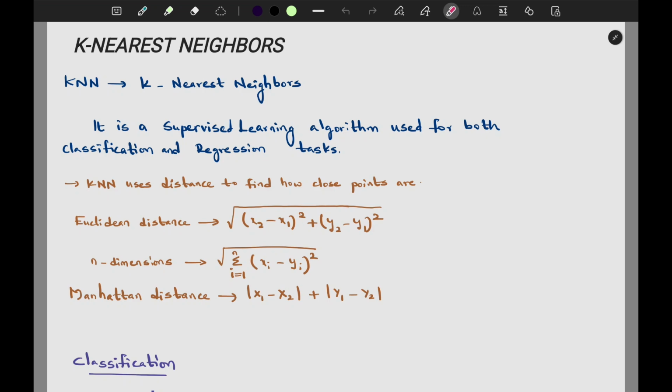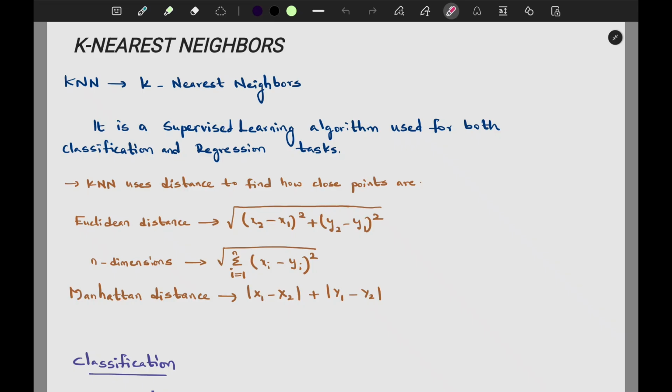As KNN is a supervised machine learning algorithm, it is used for both classification and regression tasks. But for this, we need to know the distance formula. Either we need to know the Euclidean distance formula or the Manhattan distance formula. So we will be calculating the problems with either of the distances. In this particular video, I have done everything using Euclidean distance, but if you want, you can even calculate with